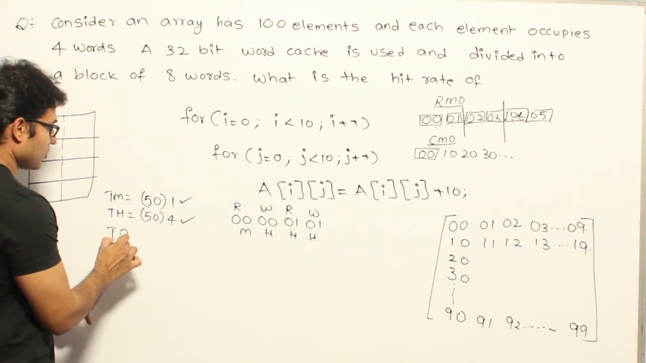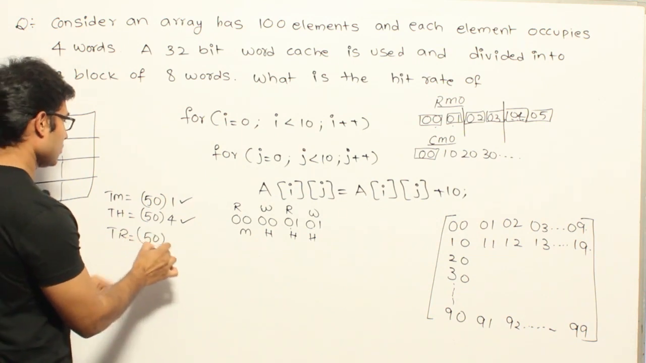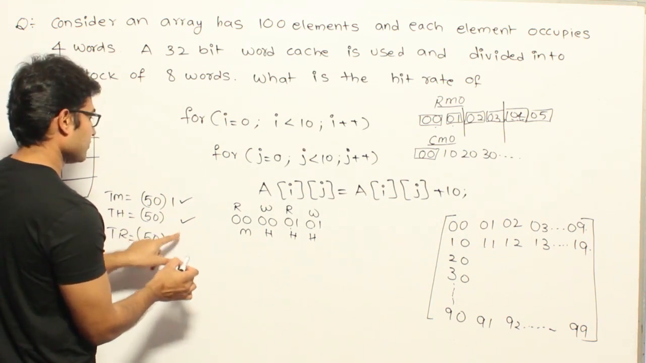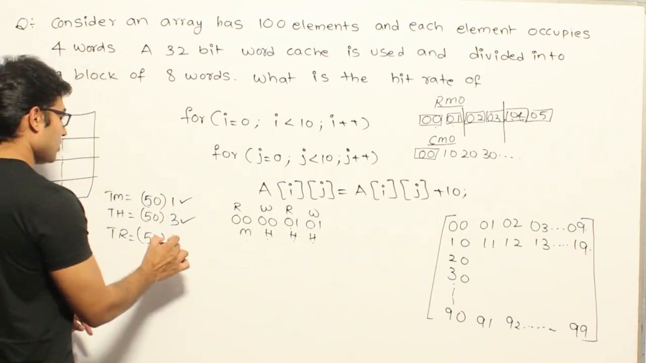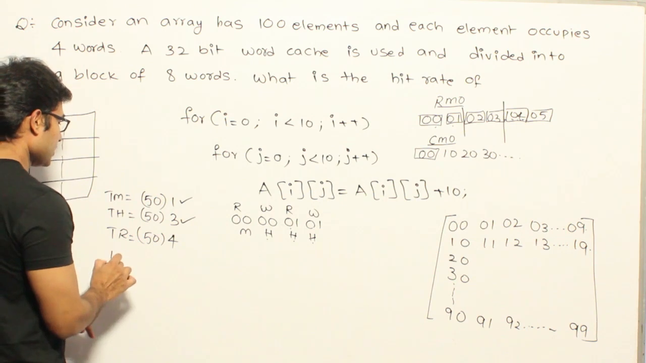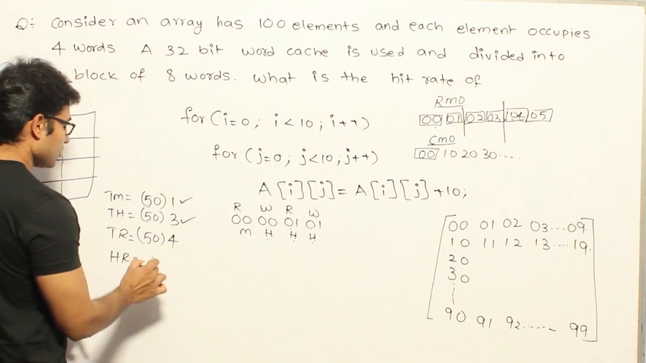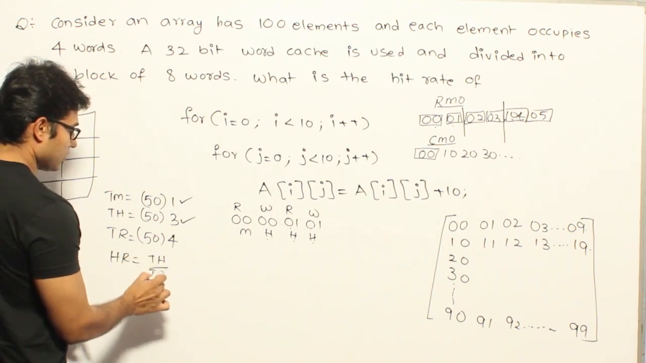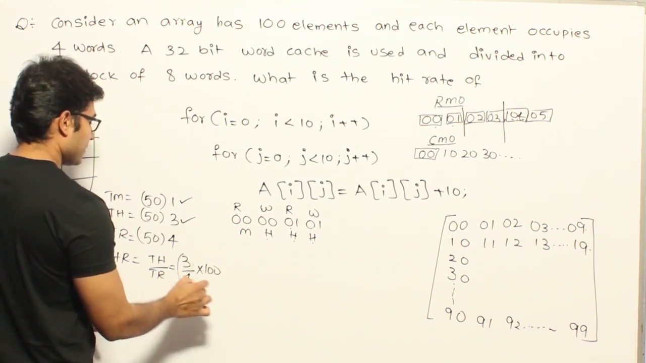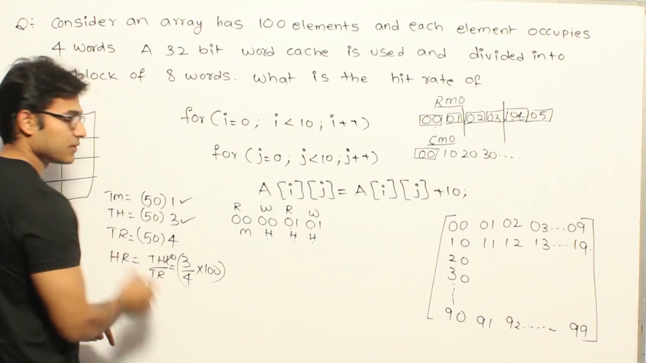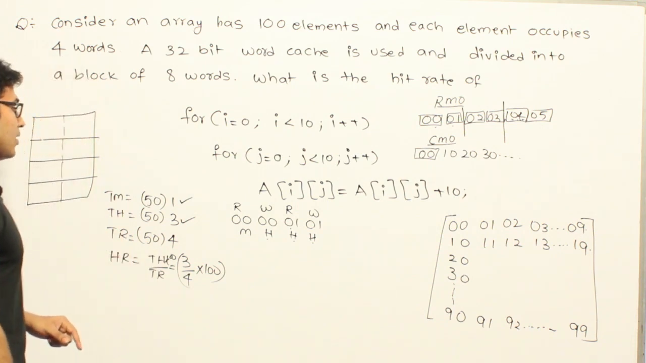And what about the total number of references? The total number of hits is 3, right? For every pair it is 3, and the total number of references is this. Now what is the hit rate? The hit rate is going to be total hits given by total references, which is nothing but 3 by 4 into 100, right? Into 100, that is hit rate or hit ratio. Okay,